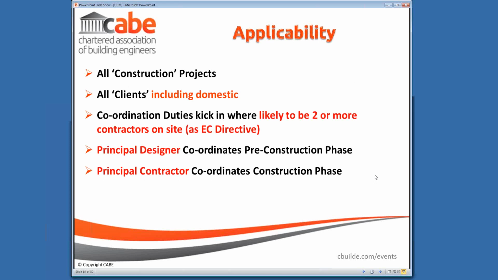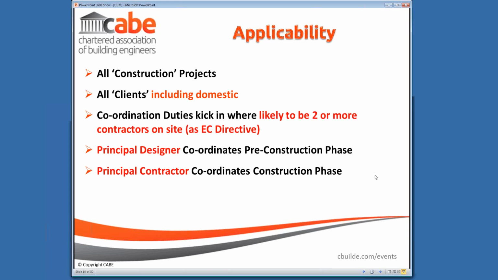So looking at one of the areas where we were failing to meet our objectives under the EU directive, it was in relation to when the regulations applied, and the main principle needed coordination whenever there was more than one party involved. So as soon as there were two contractors, there was an element of coordination needed. And one of the key changes in the 2015 regulations is that the duties for coordination to ensure health and safety will kick in on all projects regardless of whether they require the F10 notification to the Health and Safety Executive or not.